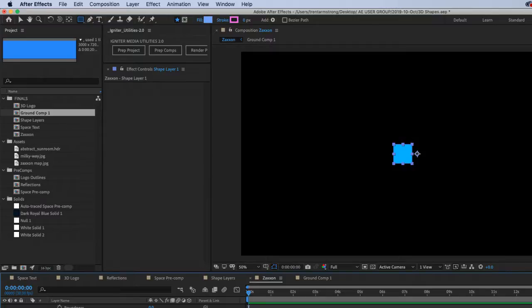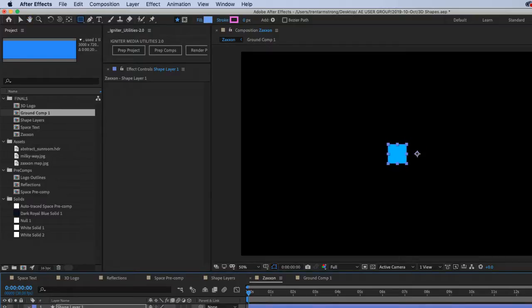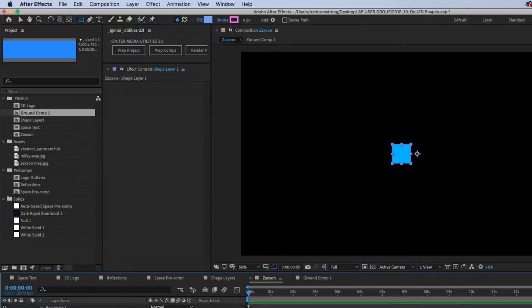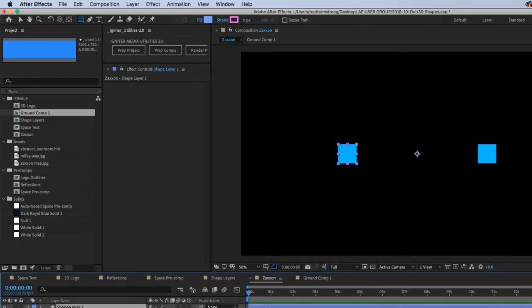I think I need to do a negative scale. There we go. Okay, so see what it's doing there. Okay. And then we'll call this columns.